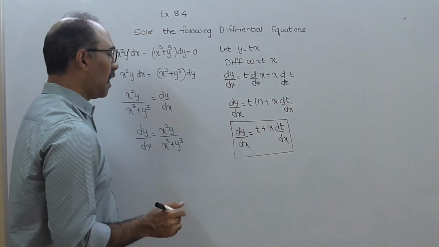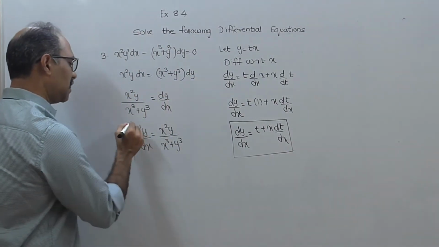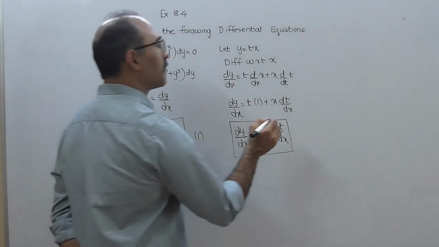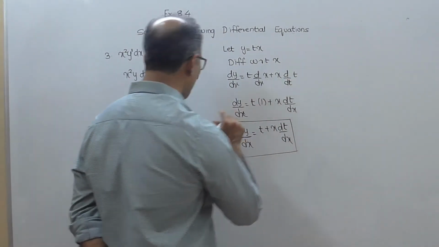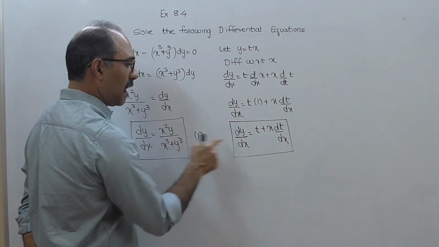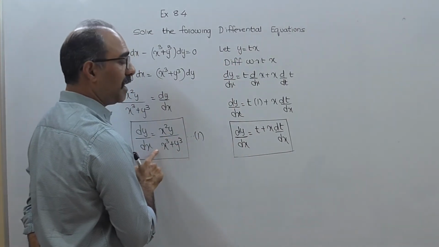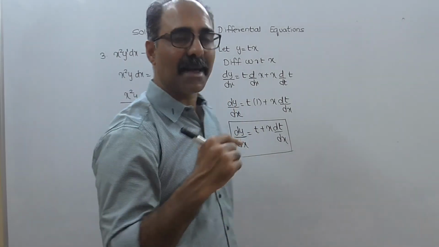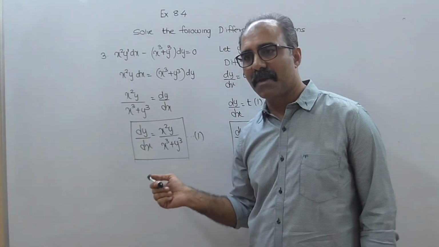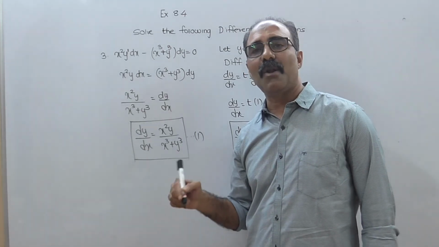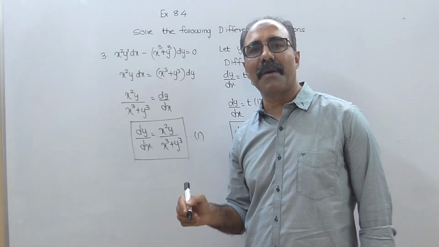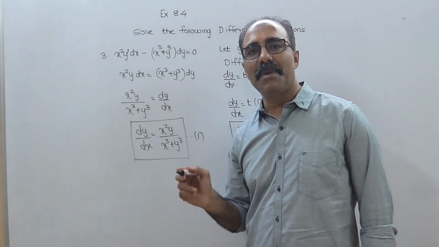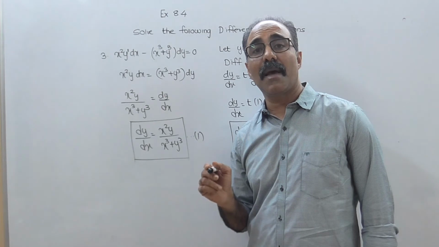Okay. Now this dy by dx which you have got finally, take it as 1 and substitute y equal to tx and dy by dx equal to t plus x dt by dx in this function. इसमें क्या होता है कि ज़्यादा करके if you try to solve these sums ना, the moment you substitute the value for y as tx and the value of dy by dx as t plus x dt by dx, generally there will be some cancellation in the x values.